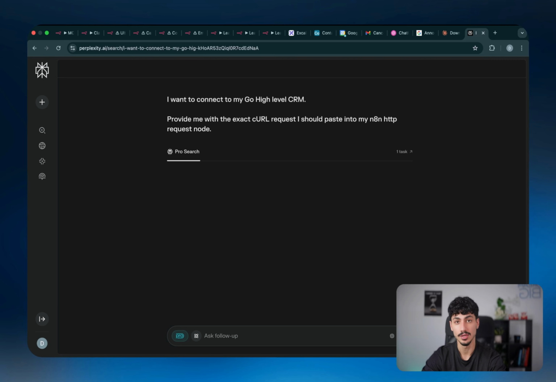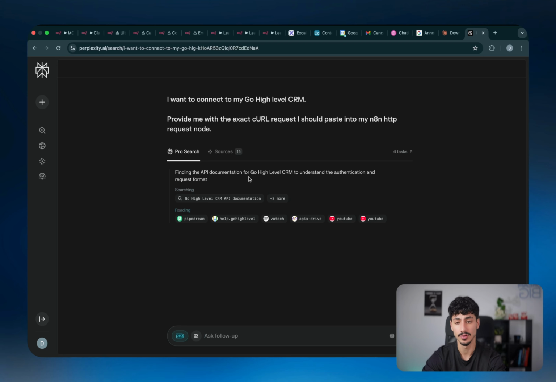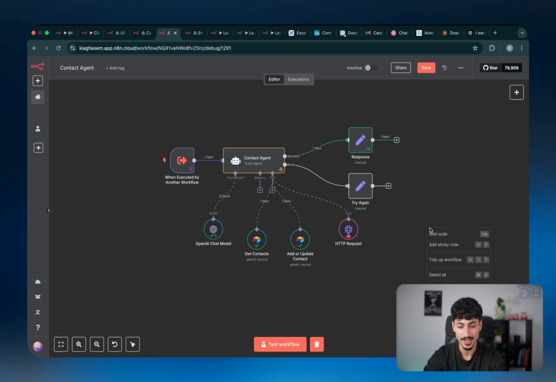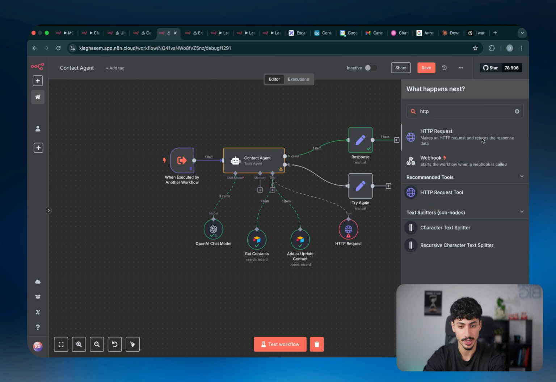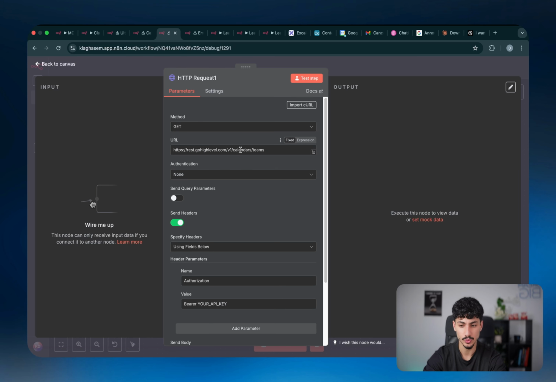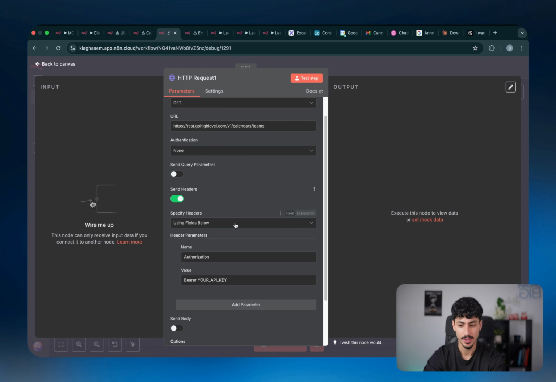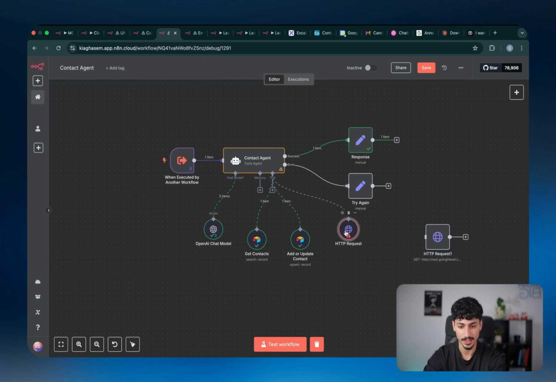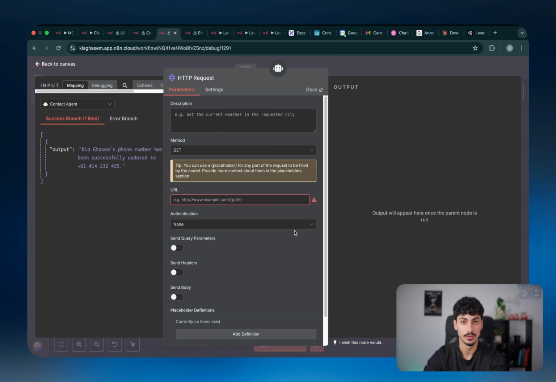And the beauty of Perplexity is that it's literally going to search the internet, read through the API documentation for Go High Level, and then give you a curl request that you can copy and paste into an actual HTTP request node by clicking on import curl. And then that will tell you which parameters you have to fill up. All you have to then do is, for example, get your API key, fill up the parameters here, and then replicate the same thing on the actual tool so you can connect to that API.